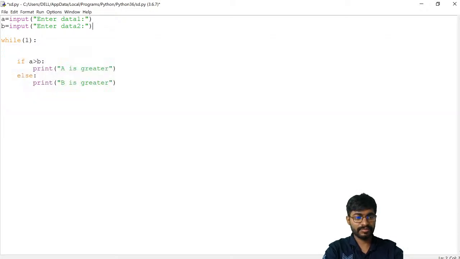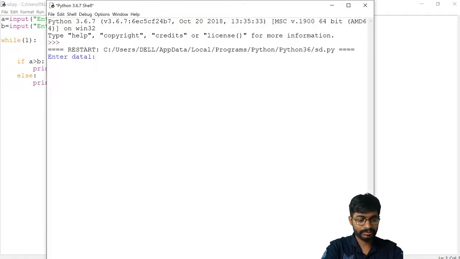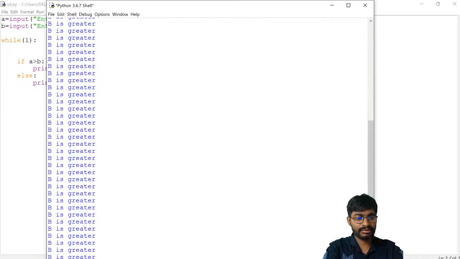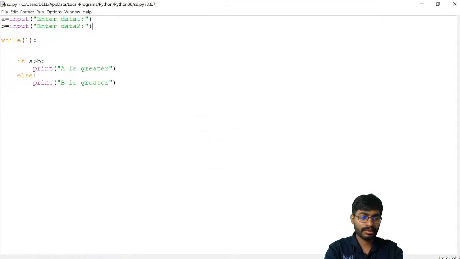Okay, now I have made the changes, and it executes continuously. 31, 45, so now b is greater, and it keeps running. Now again, it has to ask for the input from me.